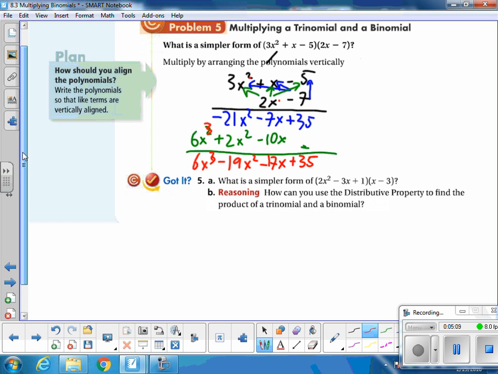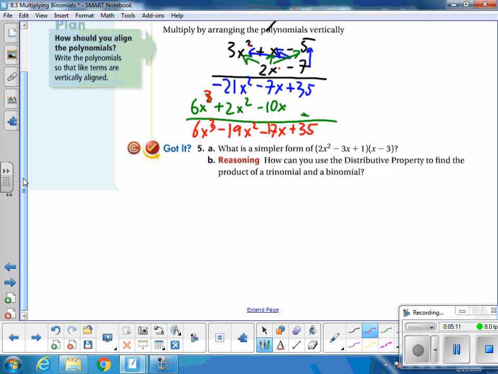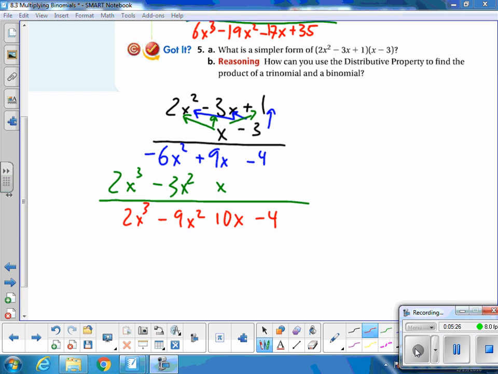And like you saw from my example here, keep track of the exponents and keep track of your negatives. So press pause. Why don't you try arranging your polynomials vertically and multiplying that way to see if you prefer that method. All right, let's see how you did. I ended up with 4 terms in this one. And I, again, aligned them up based upon the highest degree being 3. This is a 3rd degree